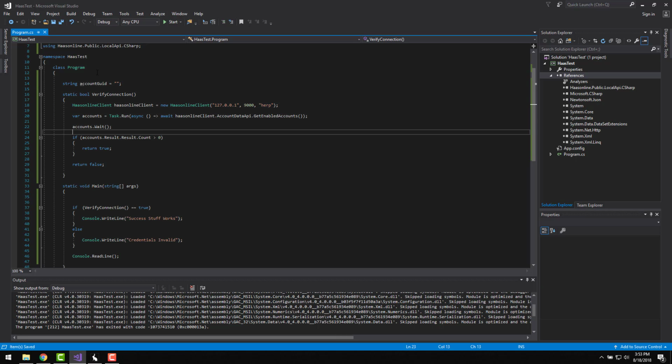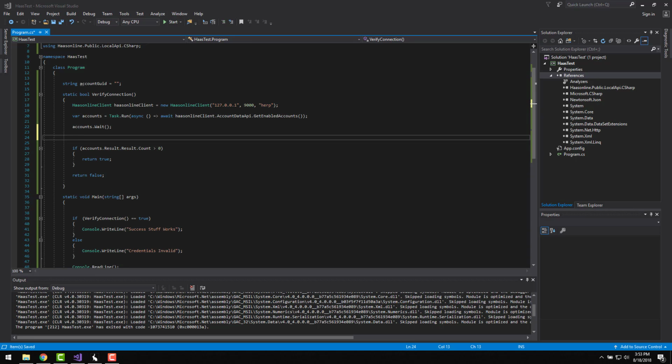And then when we come down here, when we process this, here, let's do this better. Let's just do account, since I know one exists, account GUID equals,